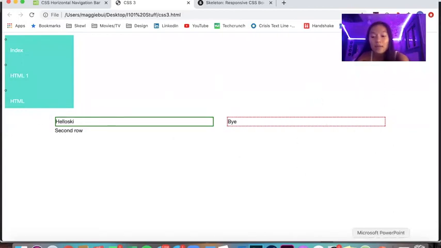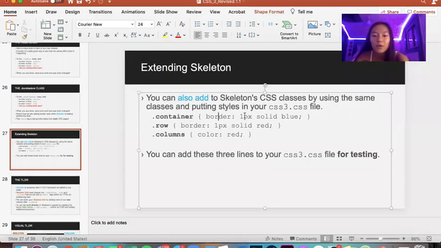So with our container, the entire box itself that goes around all these rows and columns, we're going to give it a 1 pixel solid blue border. We're going to give each row a 1 pixel solid red border and the columns just a color of red. So going to your